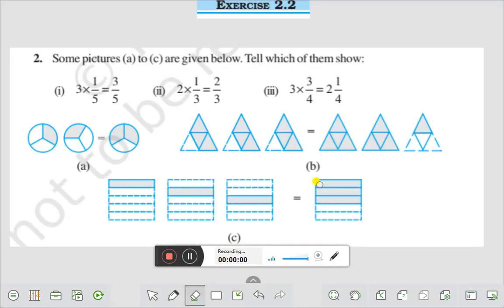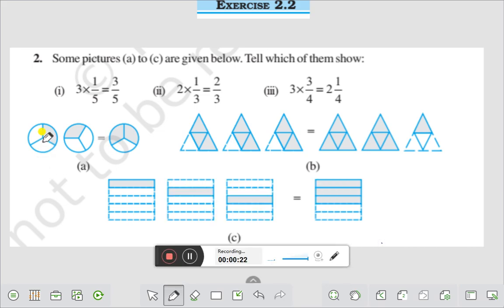Hello everyone, today we shall discuss exercise 2.2 question number 2. Some pictures A to C are given below. Tell which of them show 3 into 1 by 3 is equal to 3 by 5, 2 into 1 by 3 is equal to 2 by 3, and 3 into 3 by 4 is equal to 2 whole 1 by 4. Right. Let us